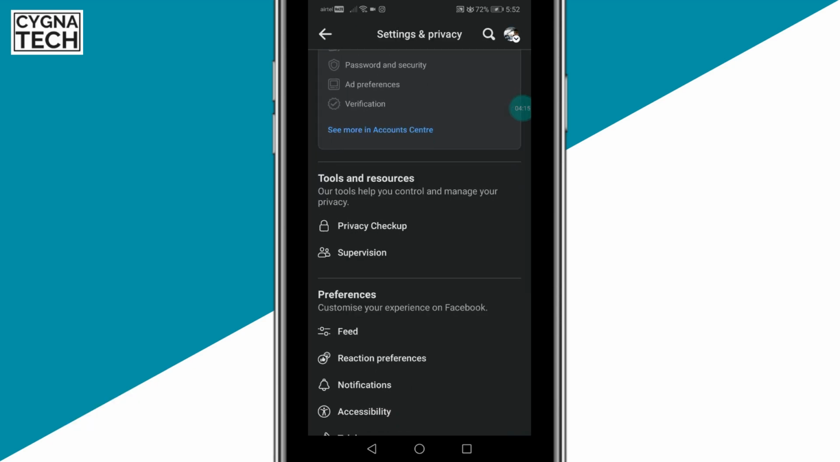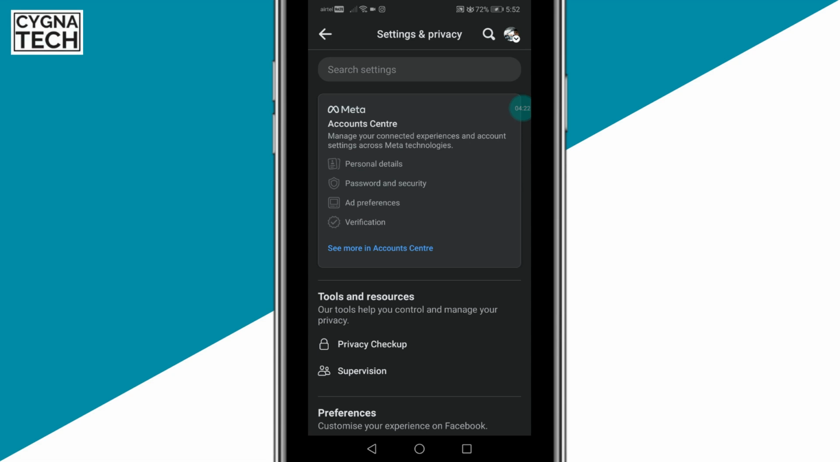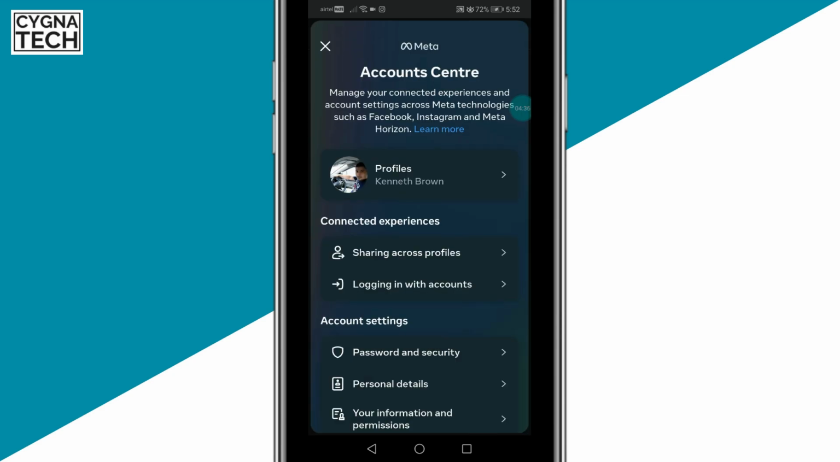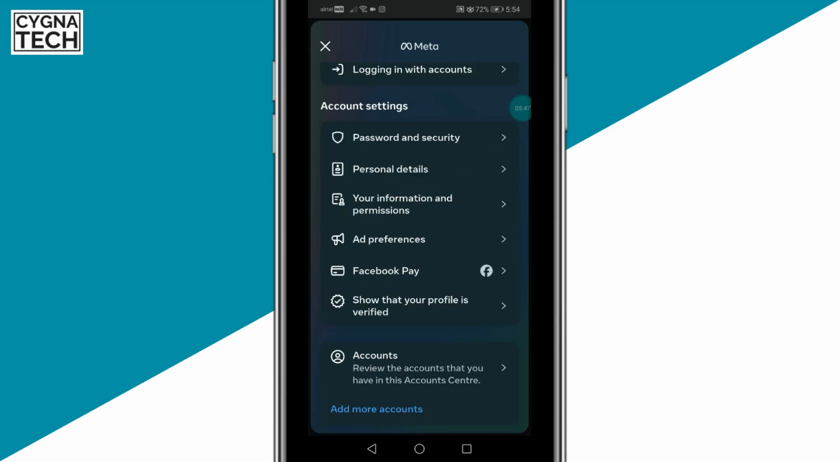You get directed to this page. Here you need to get complete access to your account center with Meta. So you could click on see more in account center to get complete access to your account center for Facebook and Instagram. In order for you to delink your Facebook and your Instagram account, you need to scroll right down,